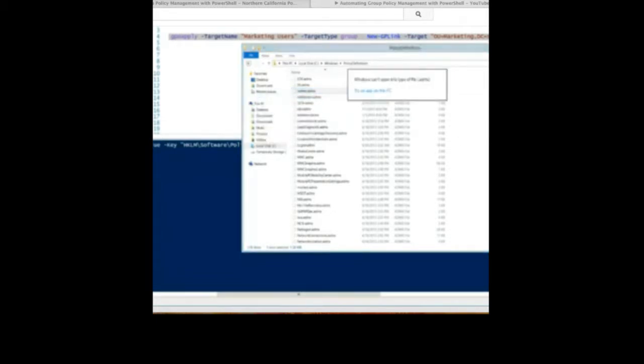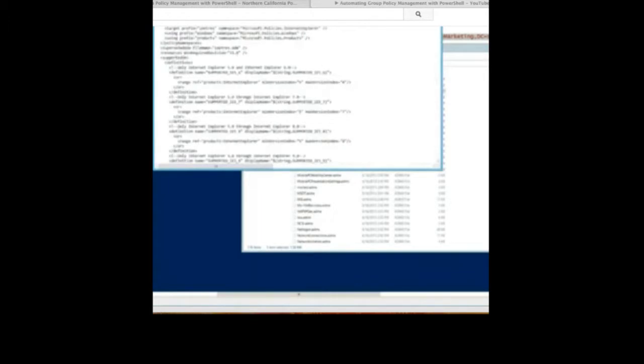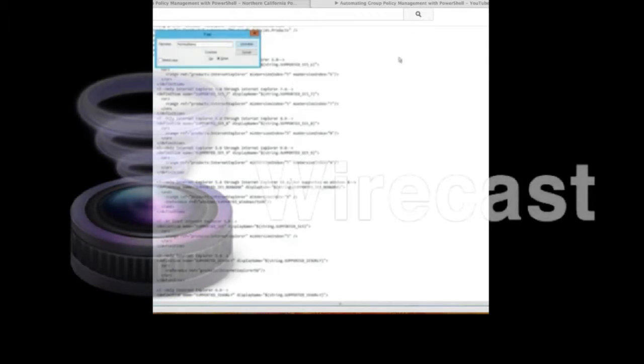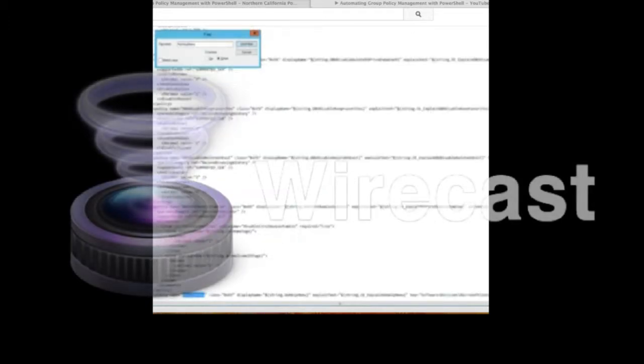Now, why is this useful? Why would you go to this work? Well, there's certain scenarios where automating the creation and modification of a GPO might be useful. You could be a managed service provider, or you might have multiple domains or multiple environments where you want to roll out the same set of settings to different user populations. You could literally script the creation and linking of these GPOs, just changing names like the OU that it's linked to or the domain that it's linked to, and do, at least from a registry settings perspective, a lot of work in PowerShell that would normally take clicking for days or hours at least in the UI,